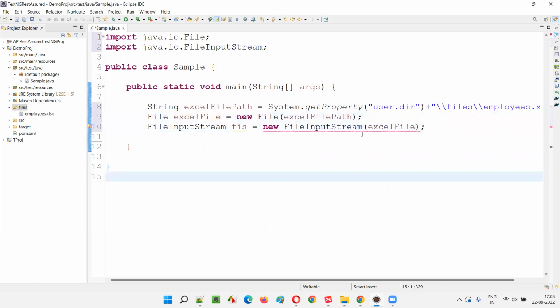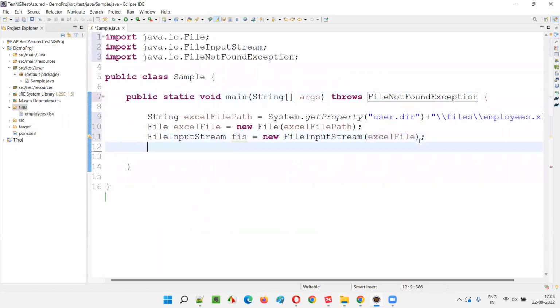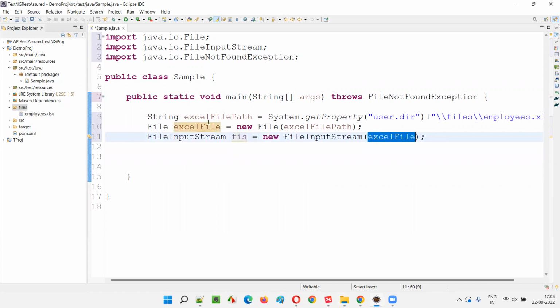For now, in real time you have to use try catch blocks, but just to make the demonstration simple and smooth, I'm just ignoring the exception. But in real time, it's better to use try catch blocks. Now, after creating an object for the file input stream, which contains the Excel file and its path and all those things, now